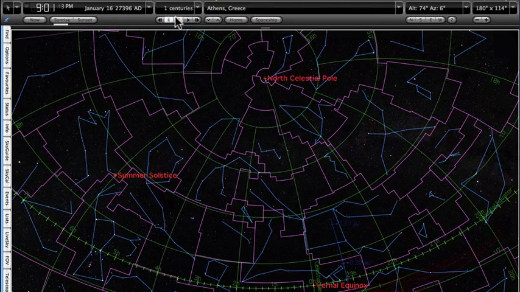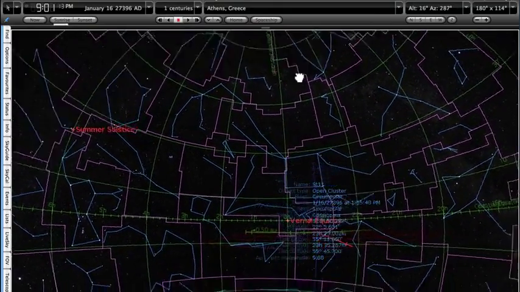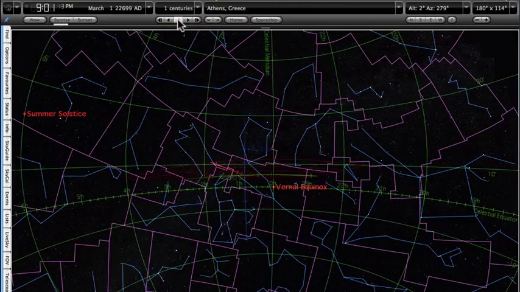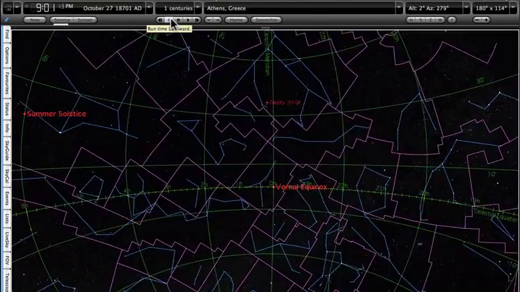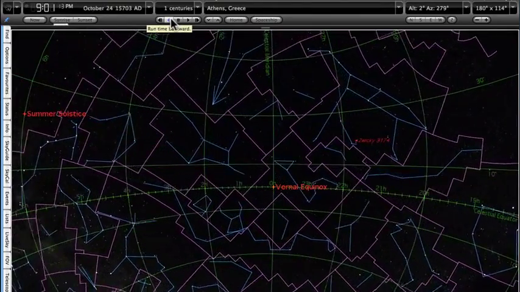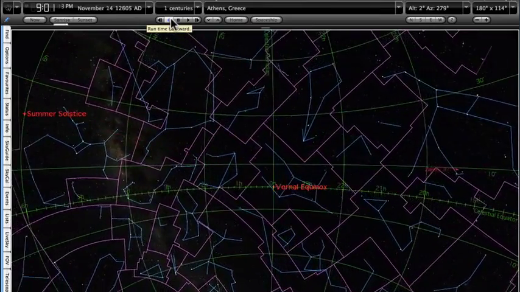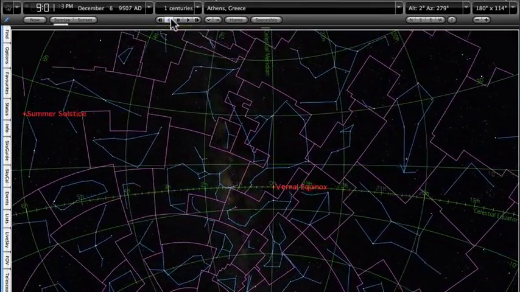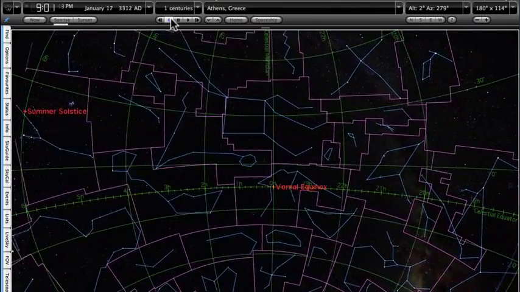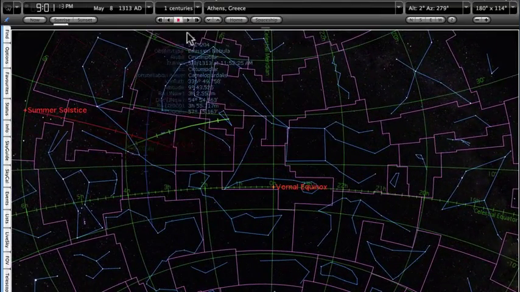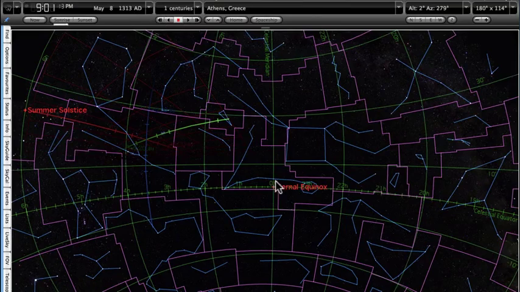Let's try to see that again, and at this point, we should pay attention to the position of the vernal equinox. Of course, as the pole star moves, so too does the vernal equinox. Remember that it is currently in the constellation of Pisces. You can see that it's moved quite a distance along the equator. Remember, it completes a full circuit of the equator, and over this time, and I'm now dialing time back to the present, the vernal equinox is moving to the east along the celestial equator, and as we approach the present, we find that around the present, 1,000 years ago, the vernal equinox is indeed in the constellation Pisces,